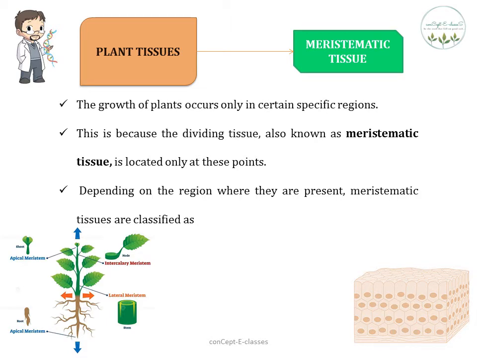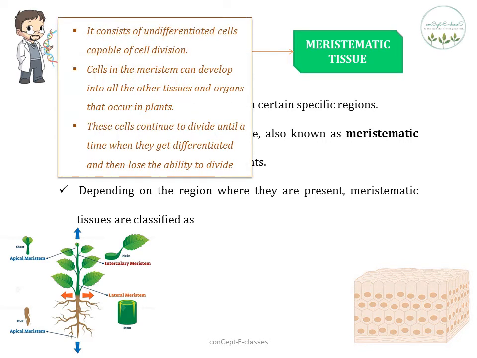This is because the dividing tissue known as the meristematic tissue is located at these points. So this meristematic tissue consists of undifferentiated cells which are capable of dividing, and the cells in the meristem can develop into other tissues and organs that occur in plants. Now these cells continue to divide until a time when they get differentiated and then they lose the ability